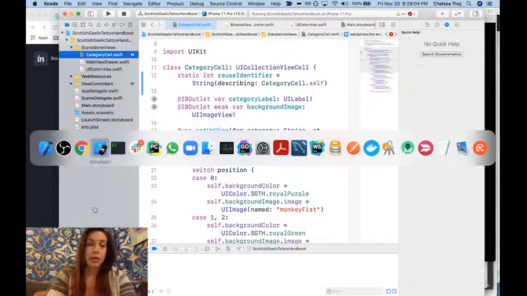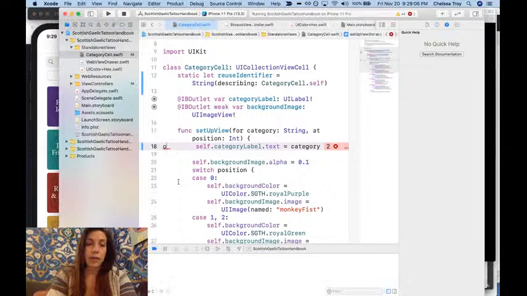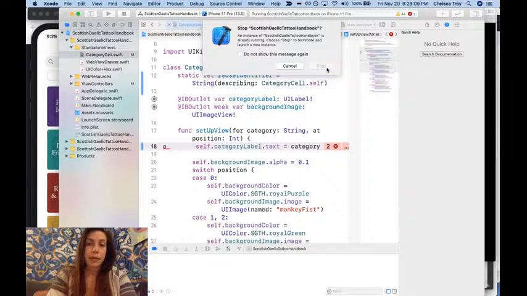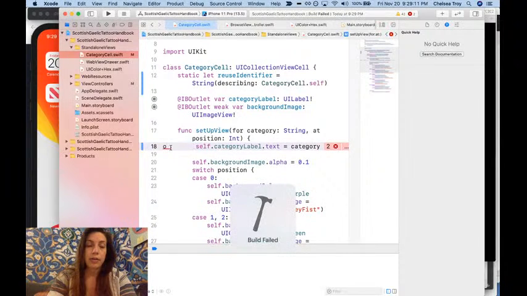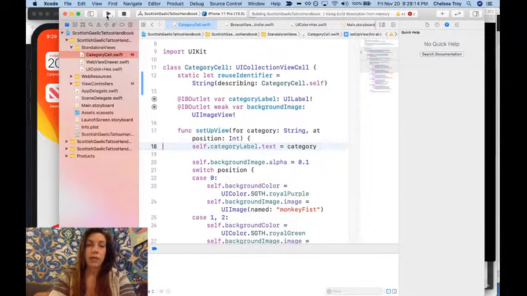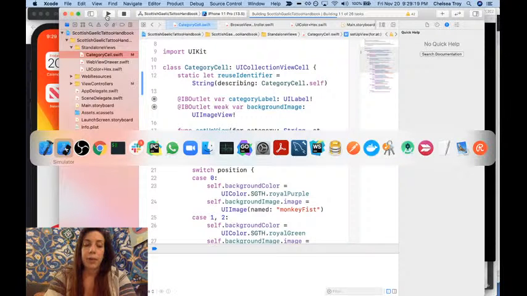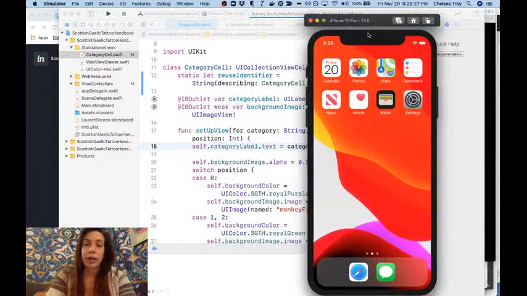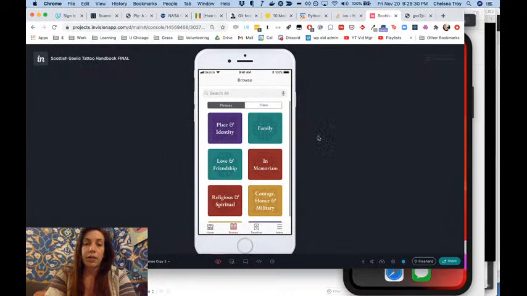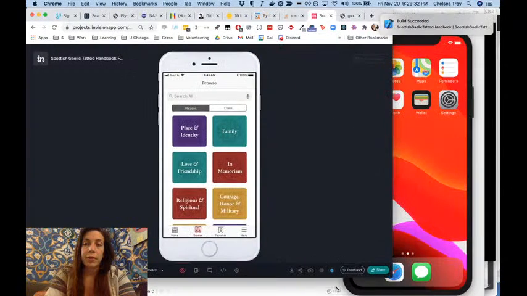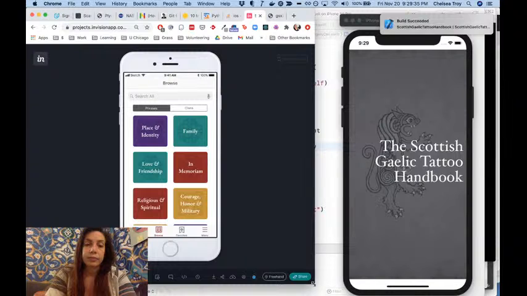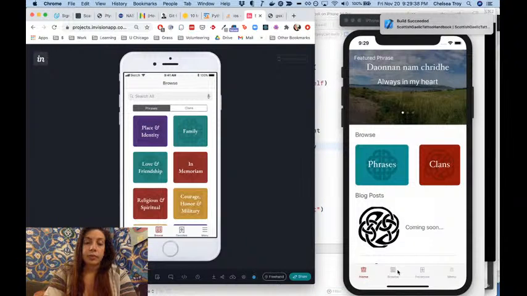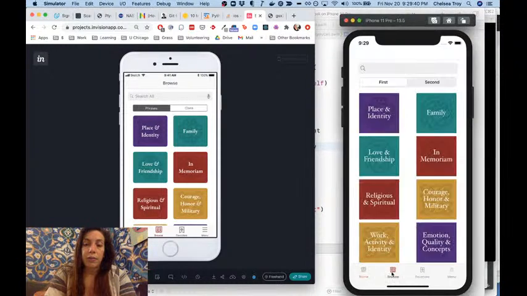So, this is what we have so far, or rather, I did a little experiment a second ago. Oh, wrong. This is what we have so far. Give it a second to load. And I want to show it to you and compare it to what the mock-ups look like. So we'll give that a few seconds to load. This is ultimately what we're going for. Of course, we have a couple things we need to fix on the home screen too, but this is what